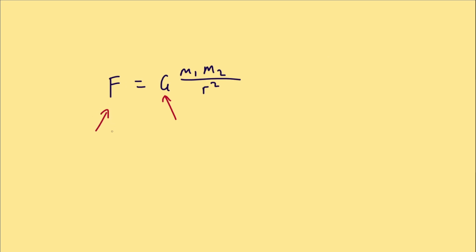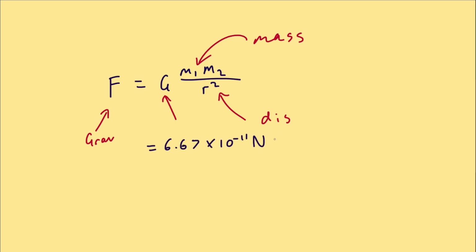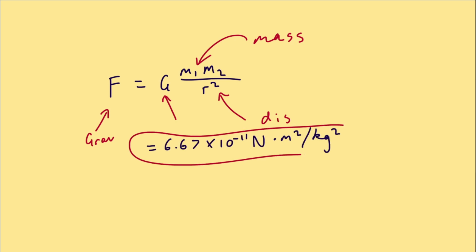This means the force of gravity, so let's write this out. M1 and M2 just means the mass of the two objects, and the radius is the distance between them. By the way, here's the accepted value for the gravitational constant. Now, of course, you don't have to memorize this or anything, and it's some cool science. Let's go through a fun example.